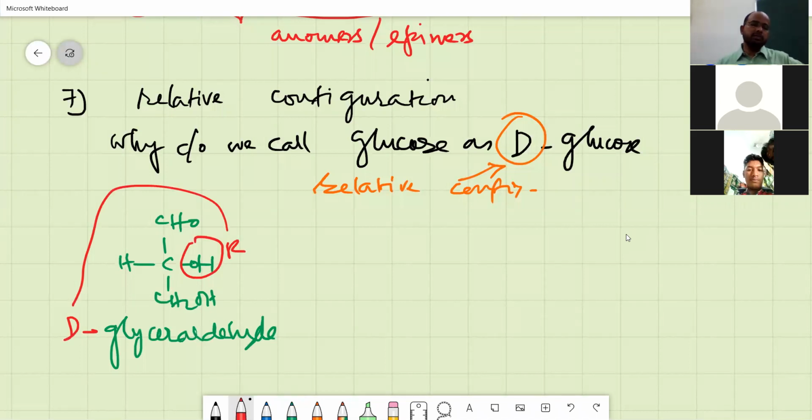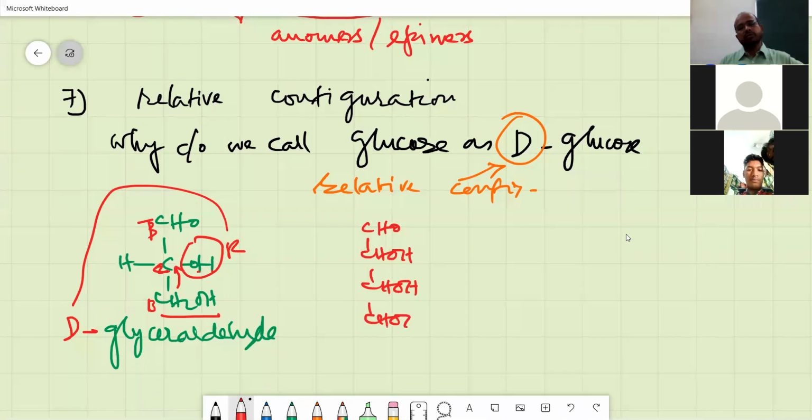This is the first carbon atom, second carbon atom, third carbon atom. Or this is the bottom, this is the center, this is the top carbon atom. So from the bottom, if you have the next carbon atom in which OH is on the right, for example CHO, CHOH, CHOH, CHOH, CHOH, CH2OH. The bottom,